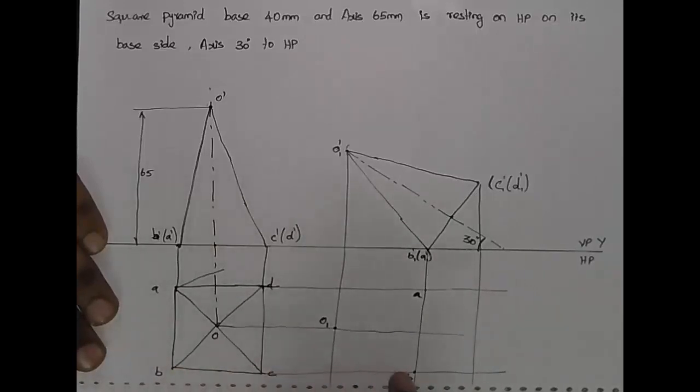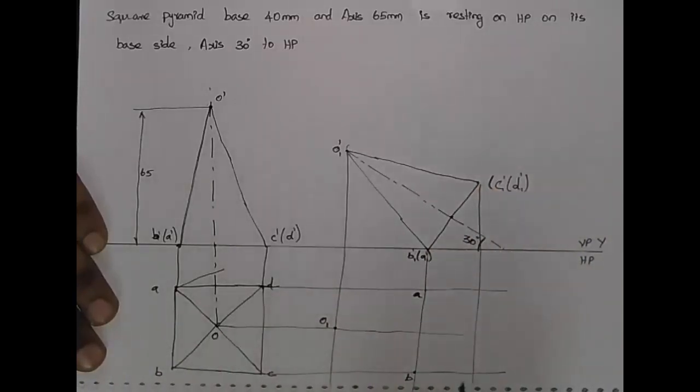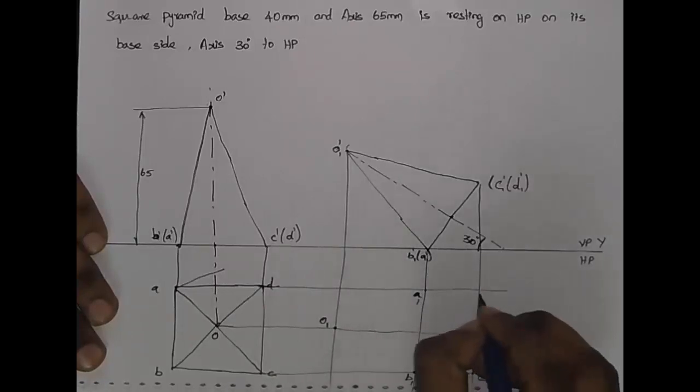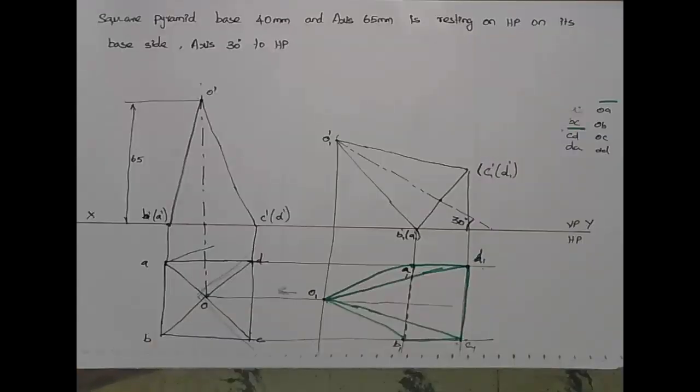Right? B is projecting from here. Similarly, point C is projecting from here. So point C will come here. So this is point C1. So this is B1. This is A1. This is point B1. The thing you have to find out is the visible edge and invisible edge in the final drawing.